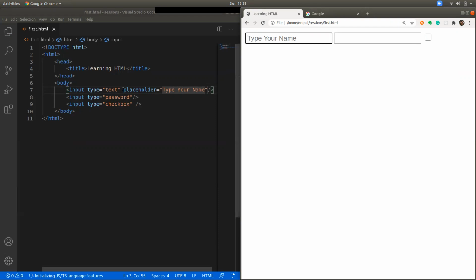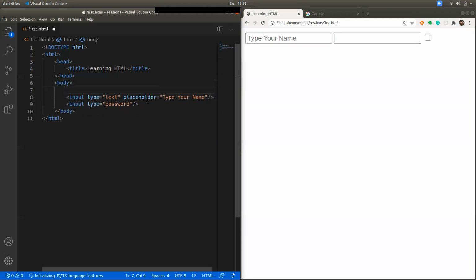Generally, whenever you are working with inputs, you don't take one input, you take multiple inputs. So in this scenario, I'm just taking, let's say, username and password. Now there are multiple inputs. These inputs should be put in a tag called form.